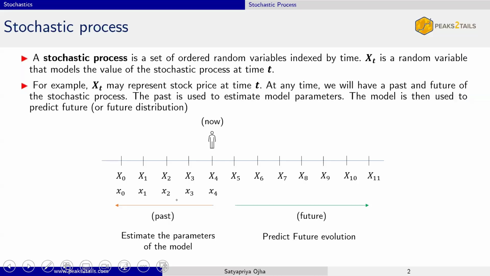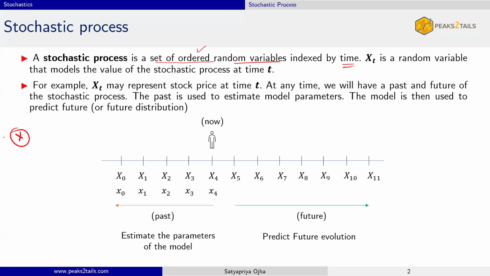Okay, so what is a stochastic process? The definition of stochastic process is it is a set of ordered random variables. Set of ordered random variables indexed by time. Okay, so from a layman perspective, we all understand random variables, right? X, capital X, is a random variable. We understand that. It can be discrete, it can be continuous. We know so many different types of distributions that we can use to model a particular random variable.